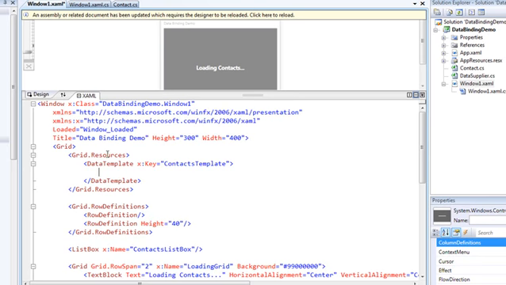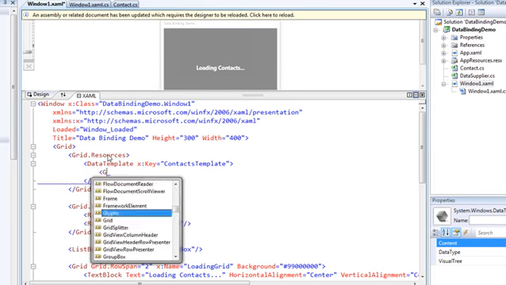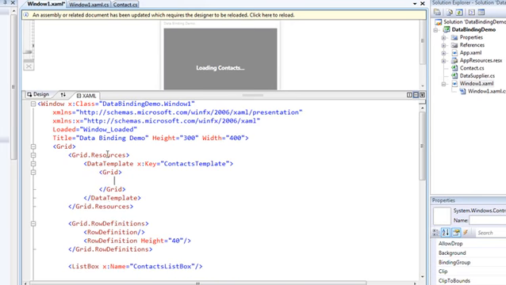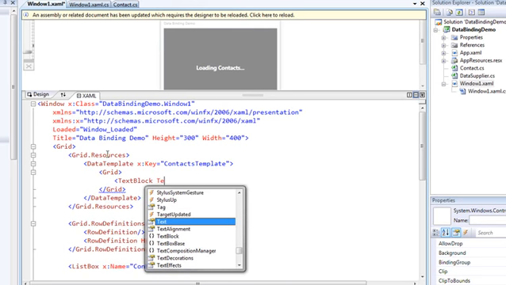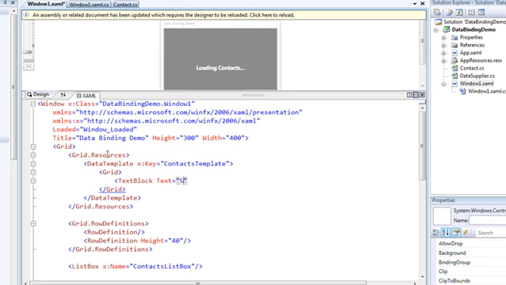And within the data template, you can supply one child as the user interface. Most of the time, you're going to want to use a control that is a container as well. So for instance, you wouldn't want to simply use a text block, because then that's all that it could contain, as opposed to if you used a grid or a canvas or a stack panel, then you could display multiple components. So just for the sake of argument, let's say that we should always use something like a grid or a container, and then in there we can define a text block. Well, let's say I said that text equals Somebody,